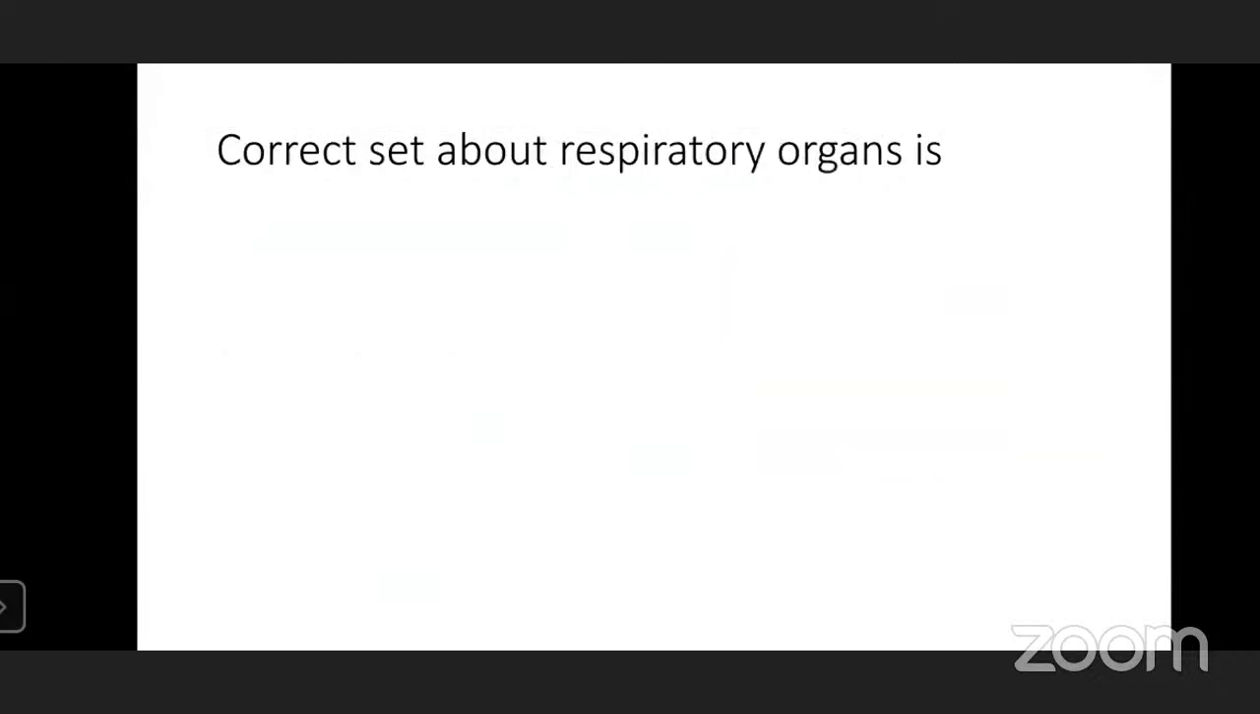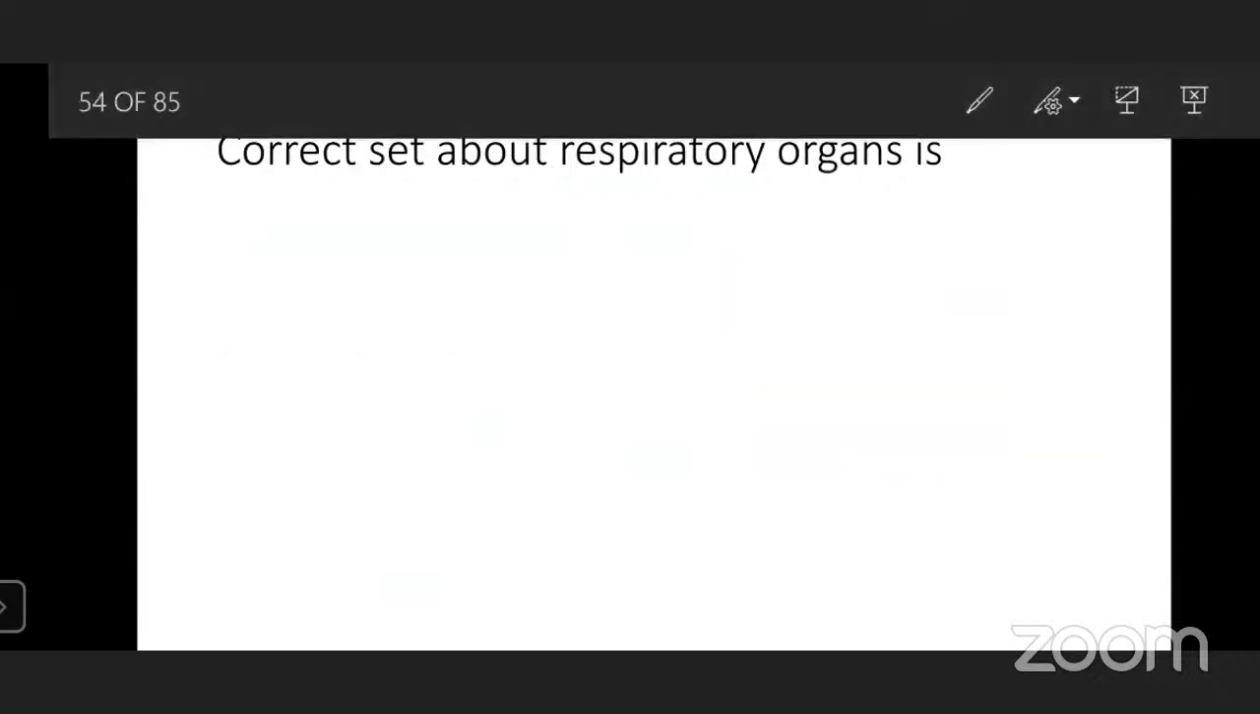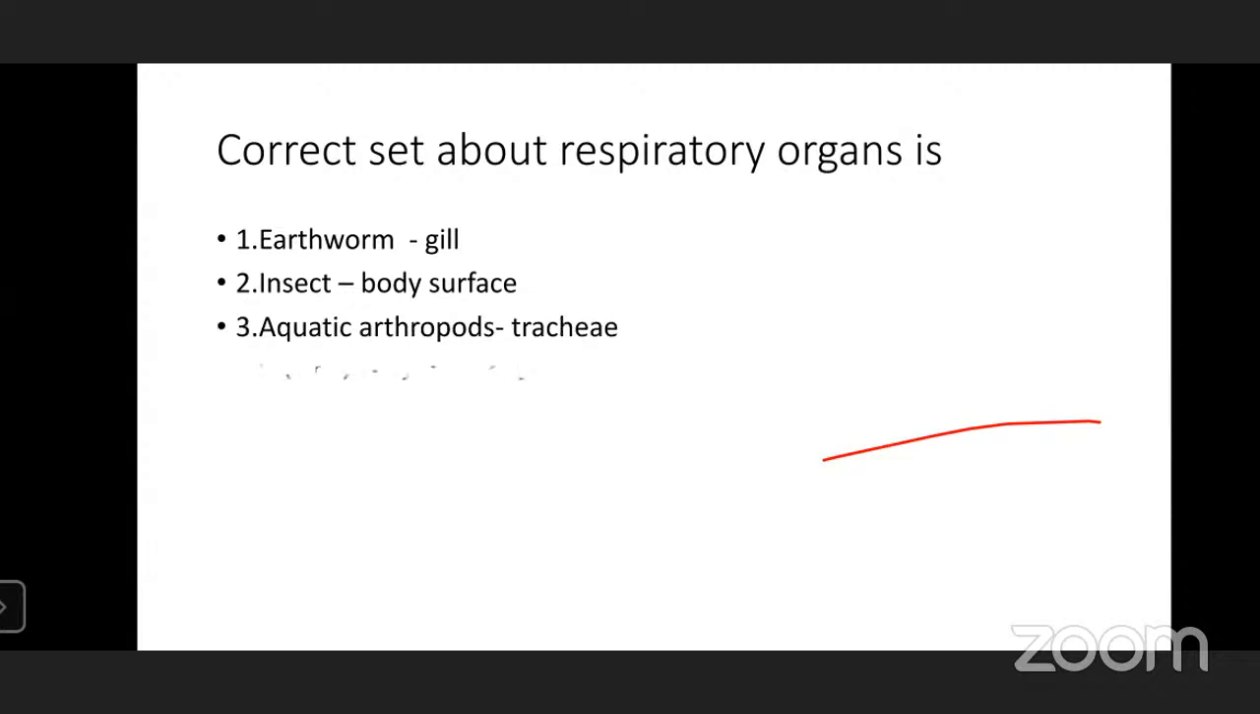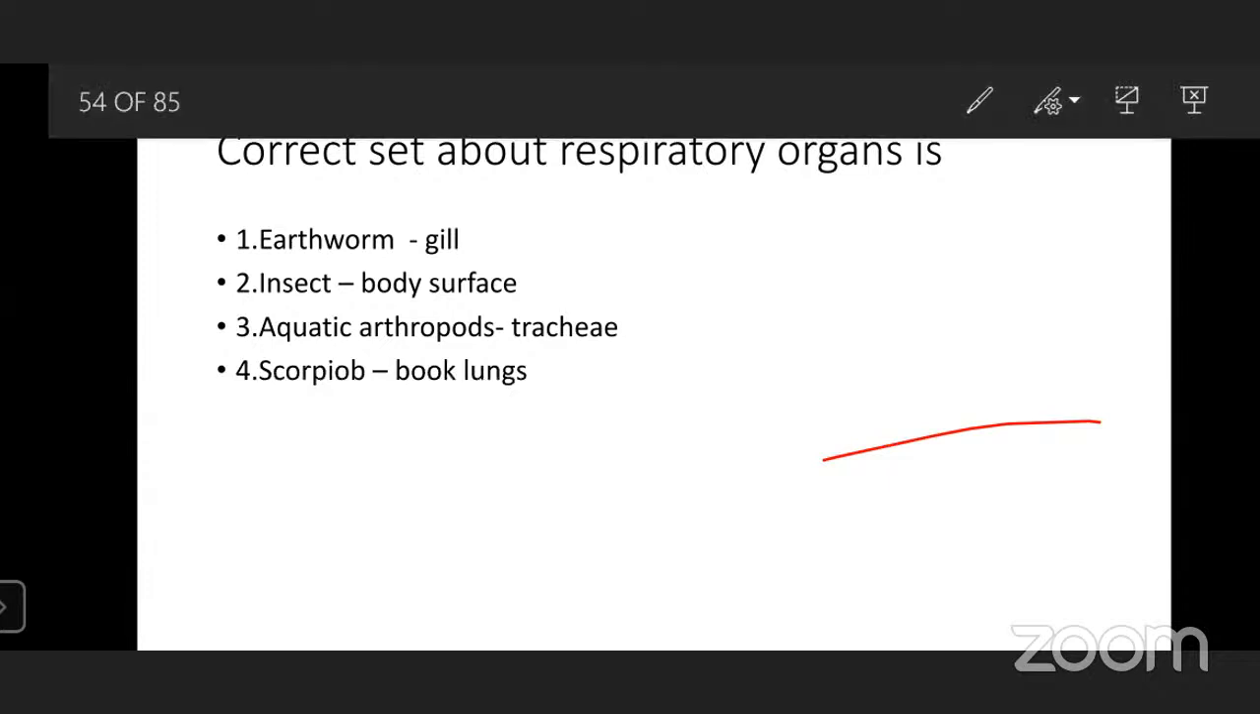Next question is, the correct set about respiratory organs is: earthworm and gills. Earthworm in the gills, sorry, in the earthworm there will be gills. Insect, they respire by the body surface. Aquatic arthropods respire by tracheae. Scorpio by book lungs. So earthworm gills, it is the wrong statement, because earthworms will respire by the body surface,